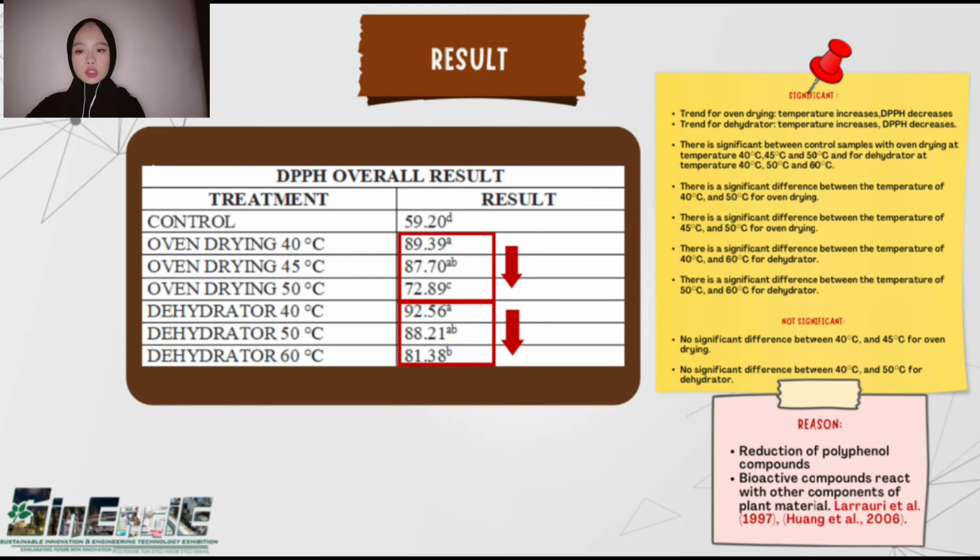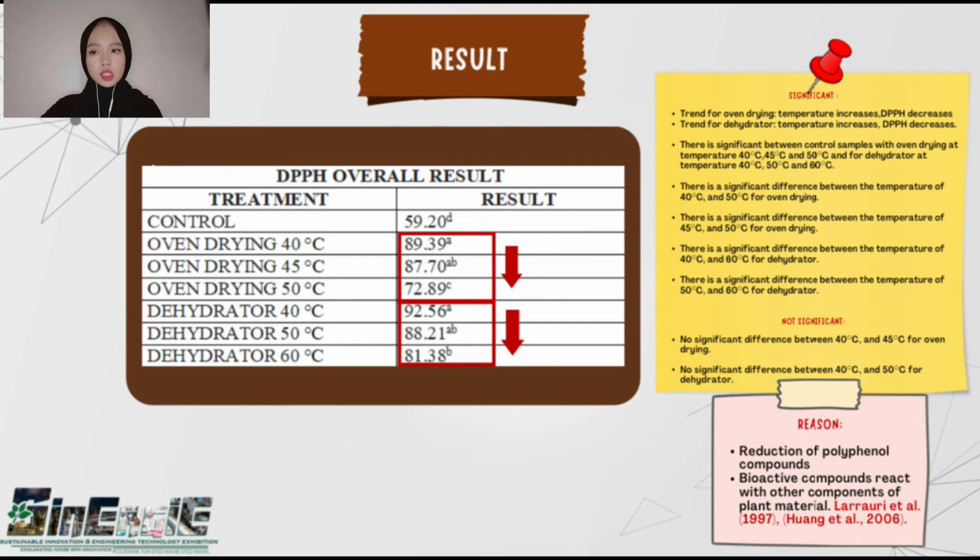So the best is 40 degrees Celsius, at low temperature with antioxidant activity at 92.56%, but there is no significant difference with the temperature of 50 degrees Celsius. So the dehydrator temperature is 40 degrees Celsius. The idea is to dry using a dehydrator because antioxidant activity is high, but there is no significant difference with 50 degrees Celsius. The reason why DPPH activity is lower when the temperature rises is the reduction in levels of